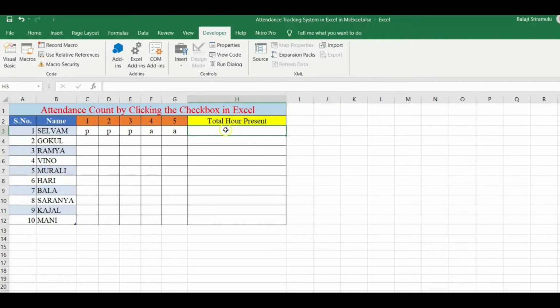I already posted one video on how the COUNTIF function works. You can see that video to know more about COUNTIF. You have to type equal and type